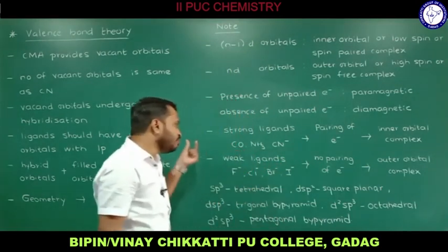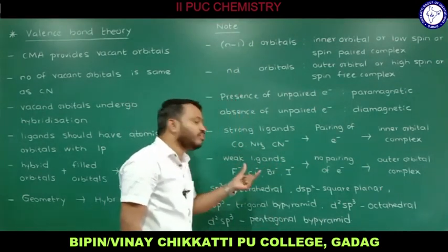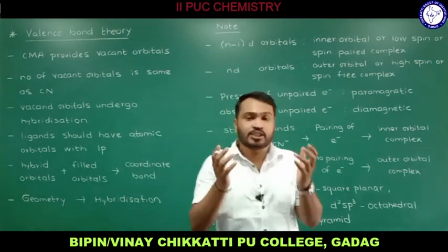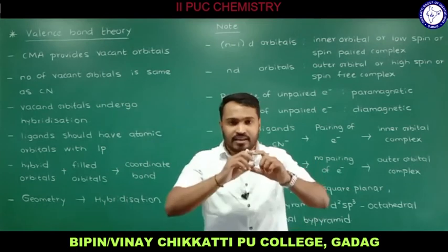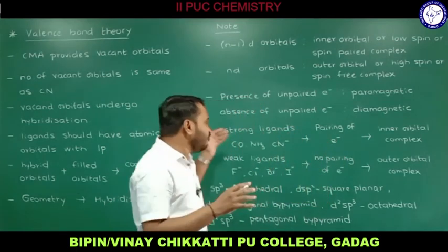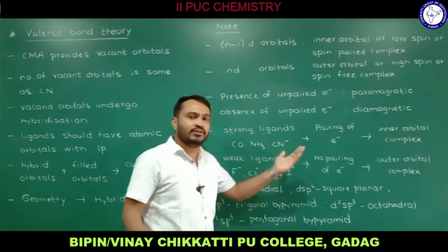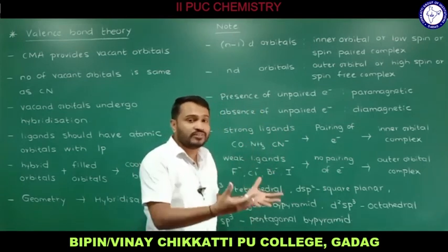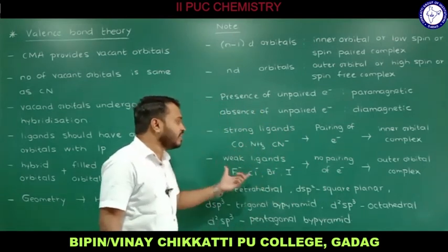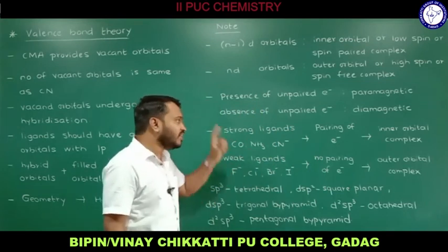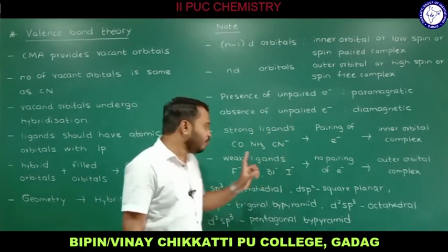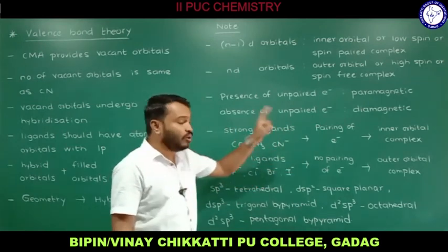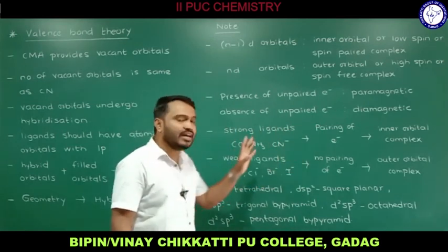You need to remember some examples for strong ligands and weak ligands. We have a series called the spectrochemical series. In that we have all the well-known ligands in increasing, or decreasing, order of ligand field strength, and based on that I consider some as strong ligands and some as weak ligands. So remember: strong ligand, inner orbital complex; weak ligand, outer orbital complex. Or strong ligand, low spin complex; weak ligand, high spin complex.